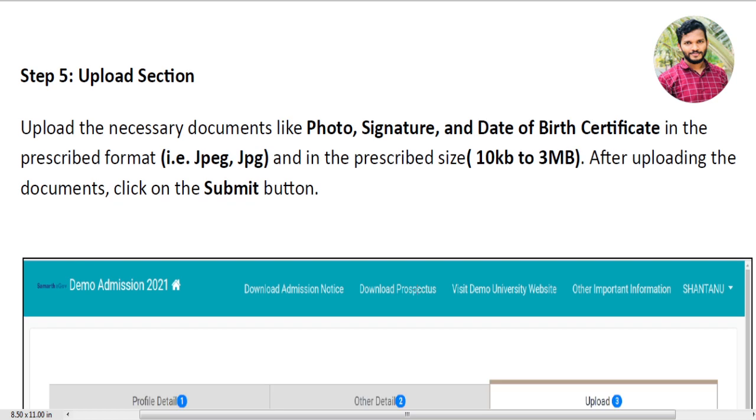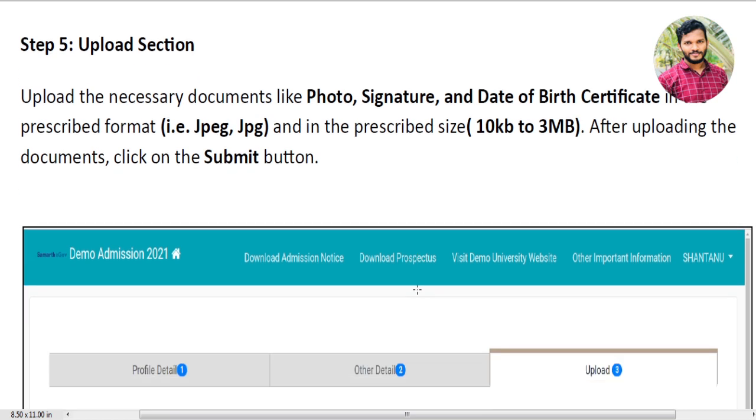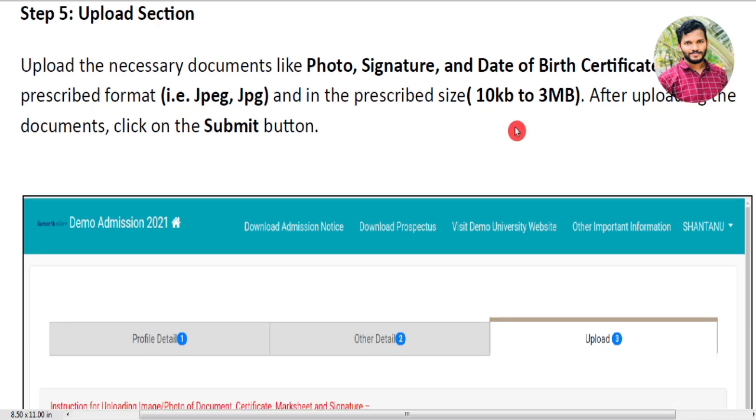Then step number 5, upload section. Upload the necessary documents like photo, signature and date of birth and your certificate details. The format is JPG and the prescribed size is 10 KB to 3 MB. You have to remember that the size of the documents must be 10 KB to 3 MB only. After uploading the documents, click on the submit